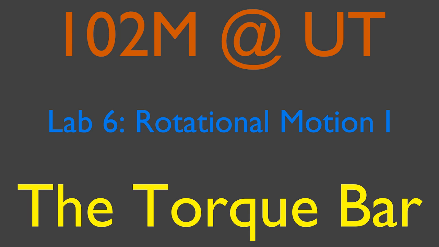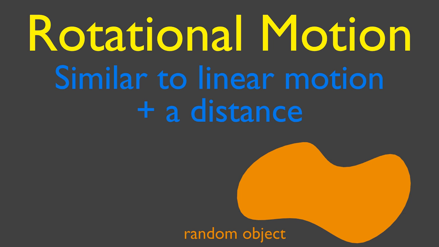Welcome to Lab 6. Rotational motion is most easily introduced by comparison to the linear motion we've studied before. Most of the variables have similarities with variables you are familiar with. The new concept is that of a rotation axis, and the distance from that axis. We'll assume there is a pin or a hinge or something that forces the object to rotate around an axis